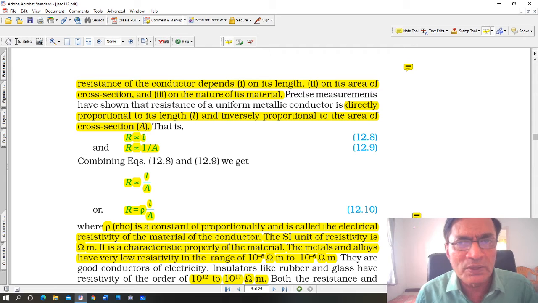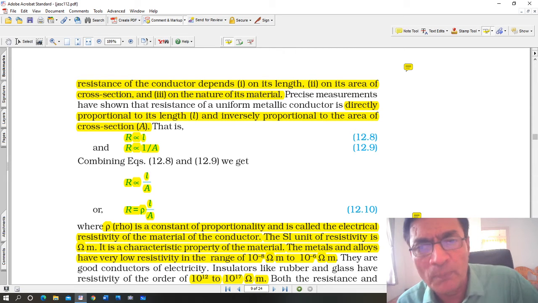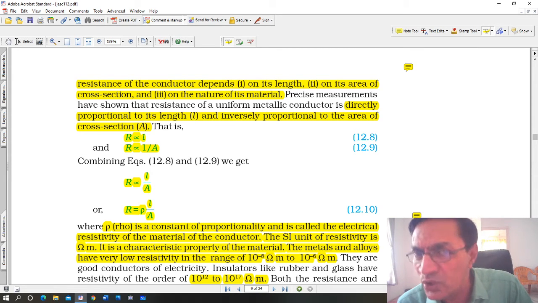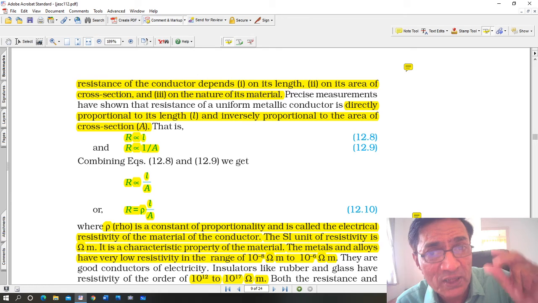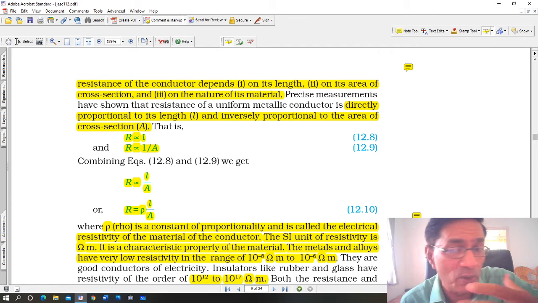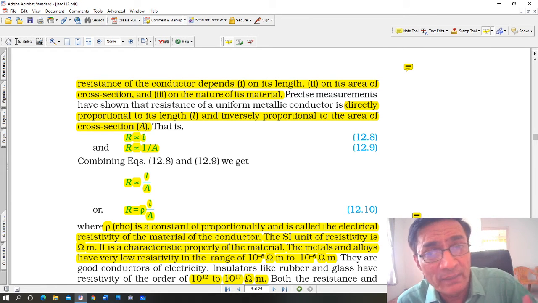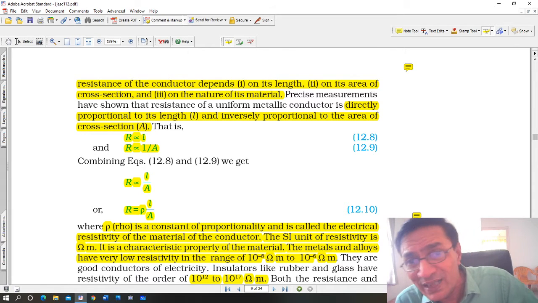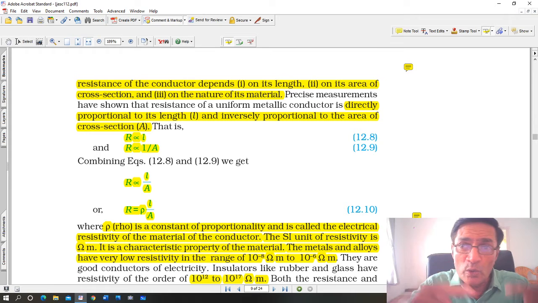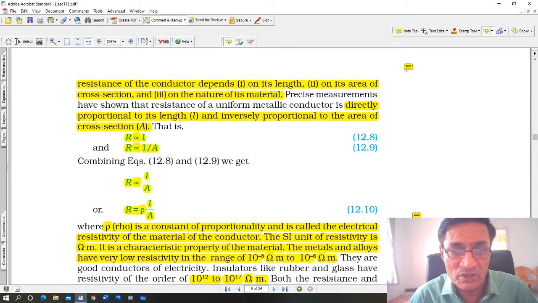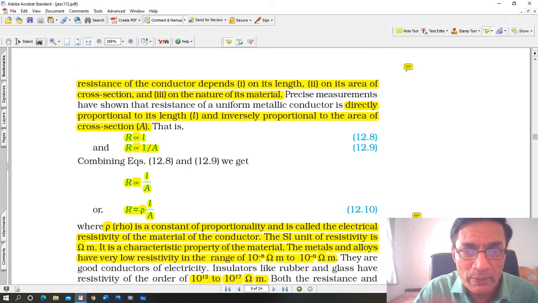For example, you must have seen that on the electricity poles outside, on the streets, the wire going over the street is quite thick. It is thick because you want more current to flow in it. But again, the length of the wire is quite big. You see, it's very long. So in that case, resistance will increase. That is why there is a compromise between the two: how long the wire is, and at the same time how thick it is. You have to find a middle point between them.